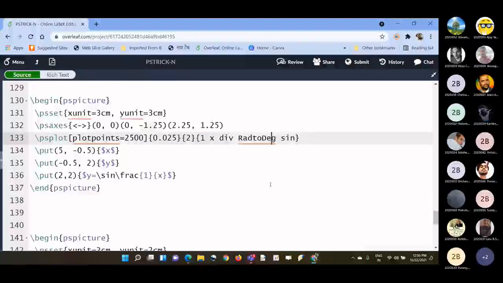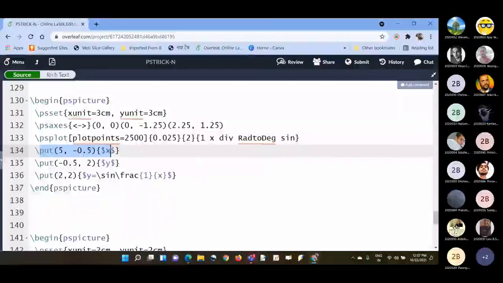It means that they are converting from radian to degree. Because when we are writing sine x, it means we are talking about a function where x takes a value in radians, not in degrees. So they are converting from radian to degree, and then sin. If you want cos, you can write cos. If you want tan, you can write tan. Like this.